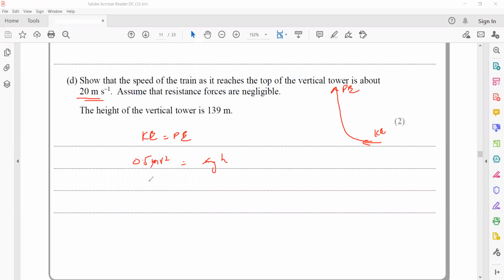m will cancel with m. So 0.5 v squared is equal to gh. If we need the height, it will be 0.5 v squared over g. So it will be 0.5 times 57 squared divided by g, the acceleration due to gravity, 9.81. So we'll get the value for h. So when we substitute these values,